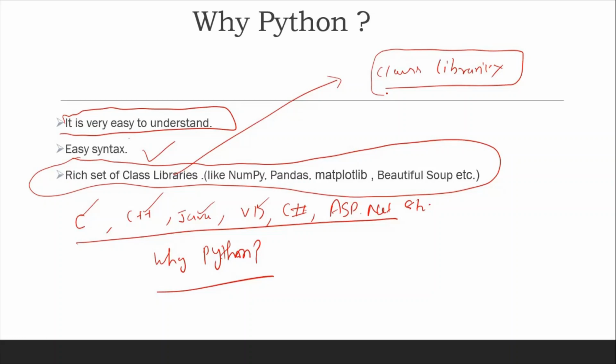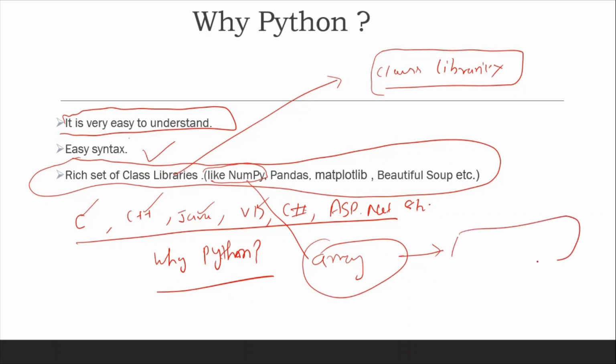But if you have a rich set of books available, you can get much more good information from the library. Here, for the rich set of class libraries, we use, for example, the numpy library to create array types. We will understand in a later course video what an array is. That is a group of values of similar type.